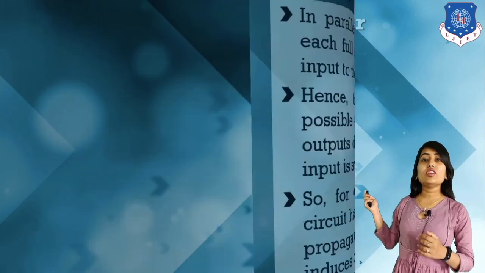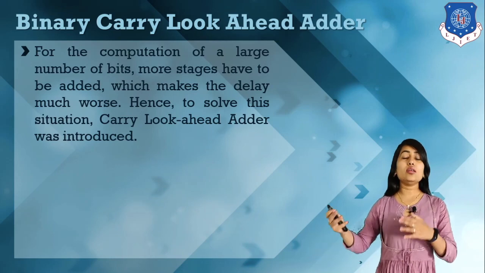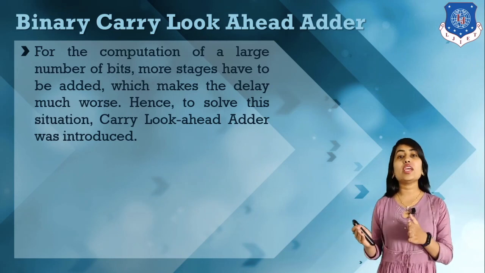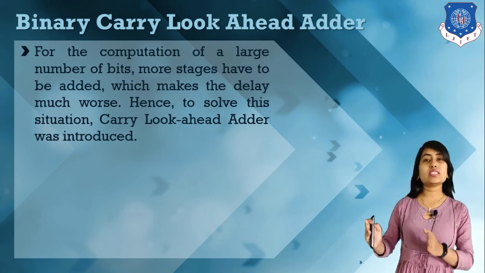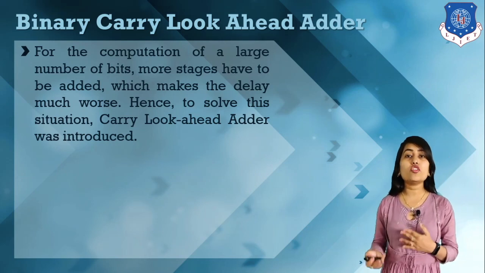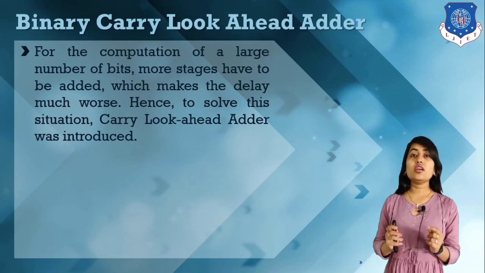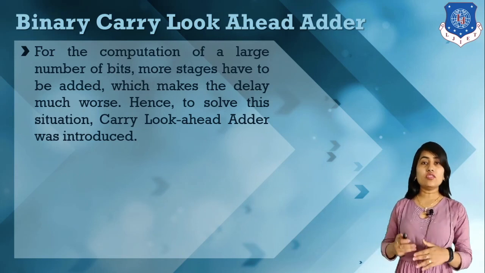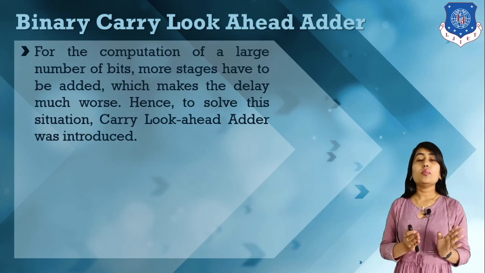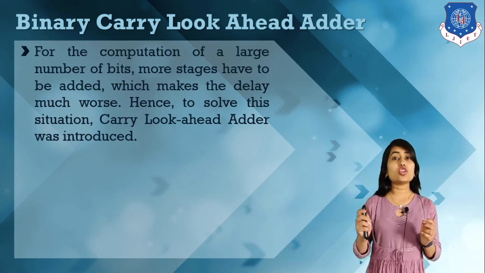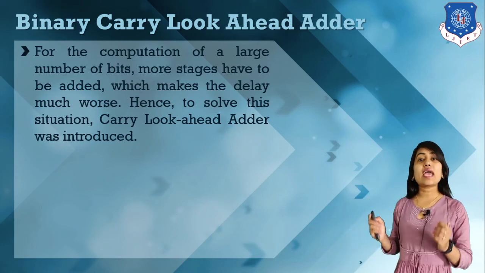Whenever we have a larger number of bits, the propagation delay of the carry is larger. When we have 4 bits, the carry propagation time is basically less. But whenever we have more bits, this carry propagation delay makes our system worse. So here we have a type of adder in which we can calculate the carry beforehand, and add those carry bits with the same stage of sum bits. This concept is known as a carry look ahead adder.